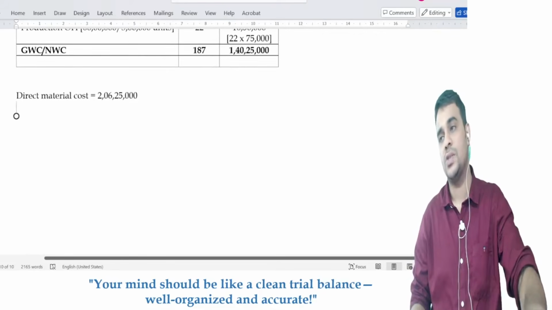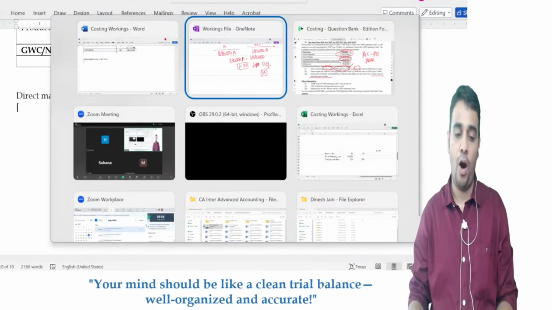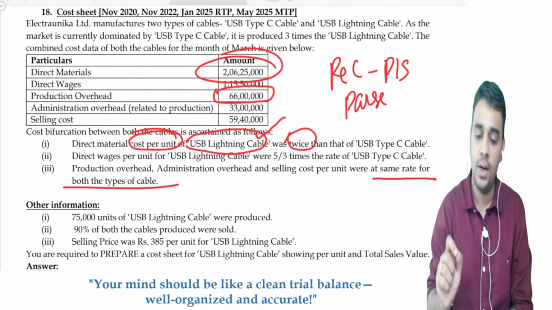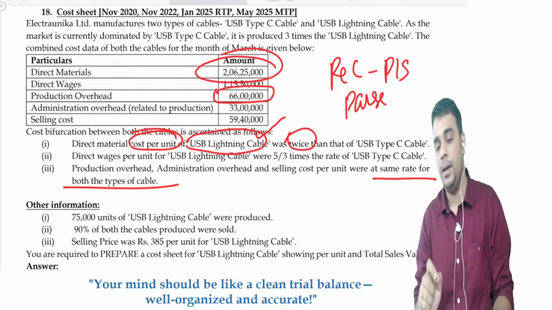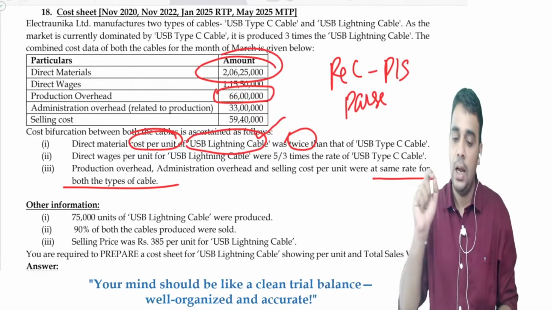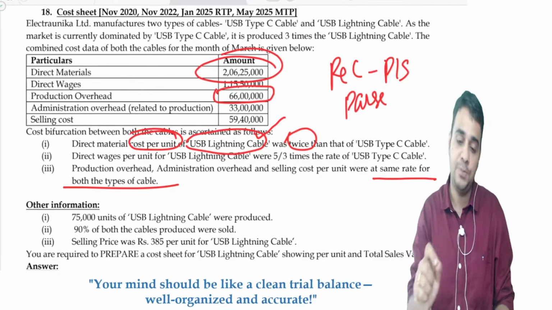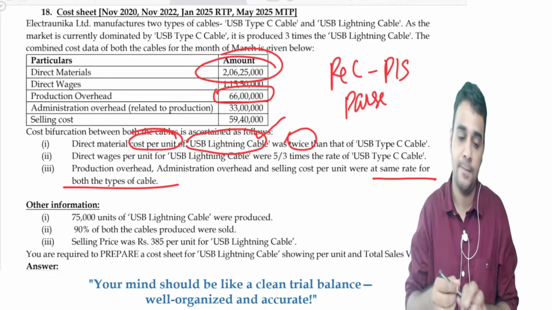How did this 2 crore 6 lakh 25,000 come? Product 1 is your type C cable. Product 2 is the lightning cable. Type C cable manufacturing is